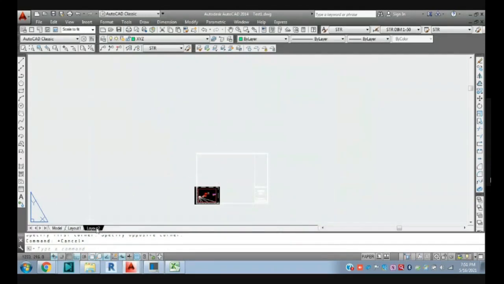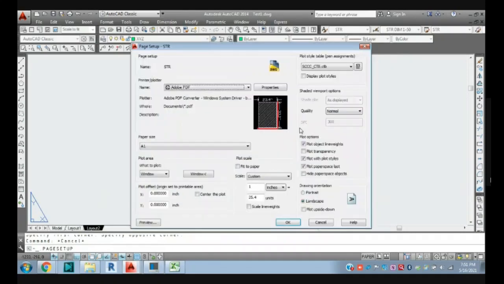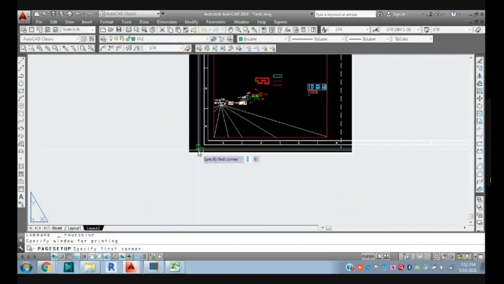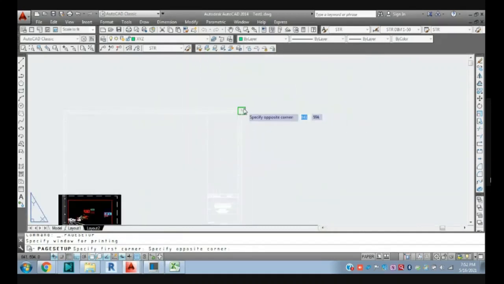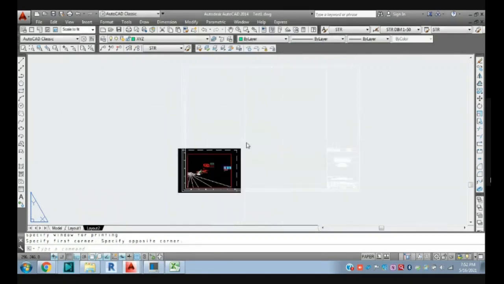Right click here, go to the page setup manager, go to the str here. Okay, Adobe, and click fit to paper and center the plot. We need to select the 2 points of the sheet, this point and this point, and click OK. Close. What happened?